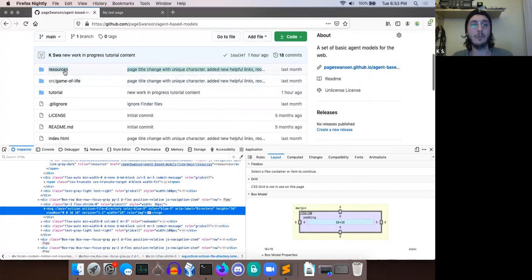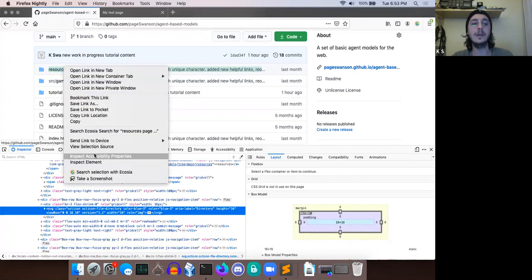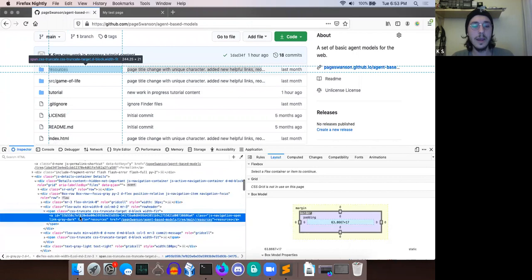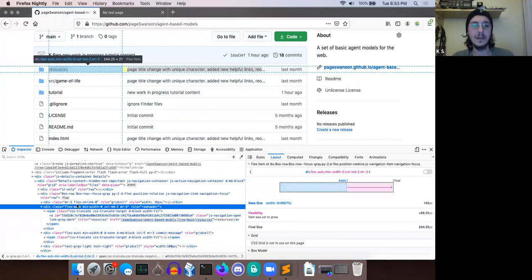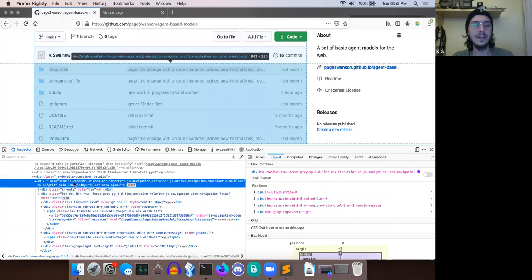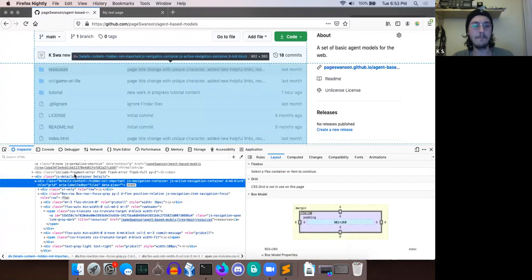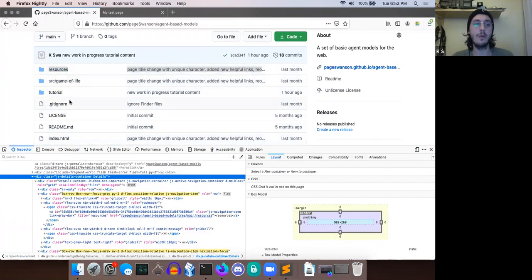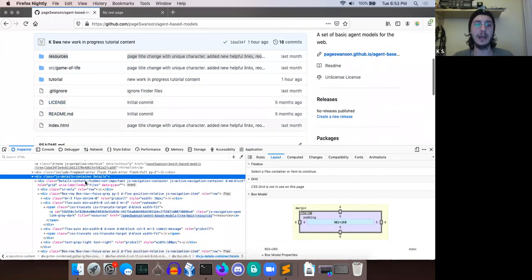They probably have a reference when they're writing code for the page that says, okay, anytime we have a list of these folders or possibly files or something like that, we want to use this,